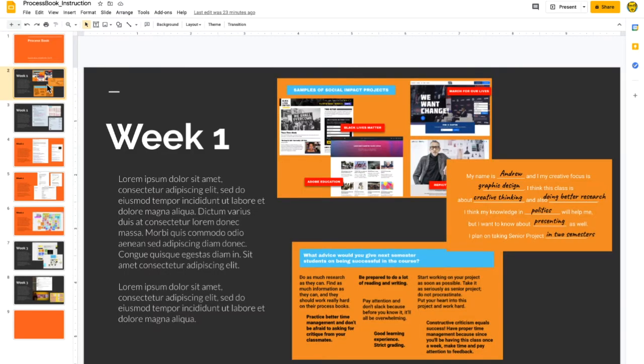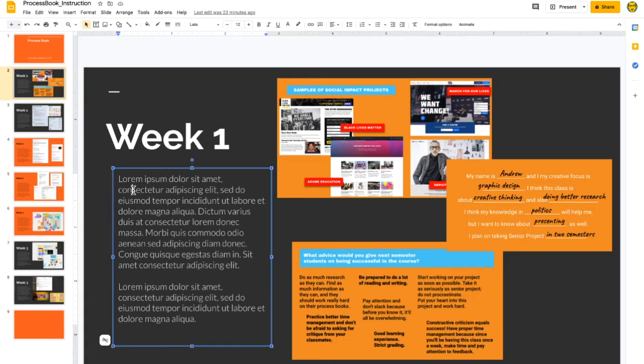Then I'm going to document my thinking through the weeks that we are working on, from week 1 to week 15. In that, I'm just going to have a header that explains what week it is, and then write up in my text what my thoughts were for that day, what I'm thinking of, what I thought of the experience of the class or the lecture,